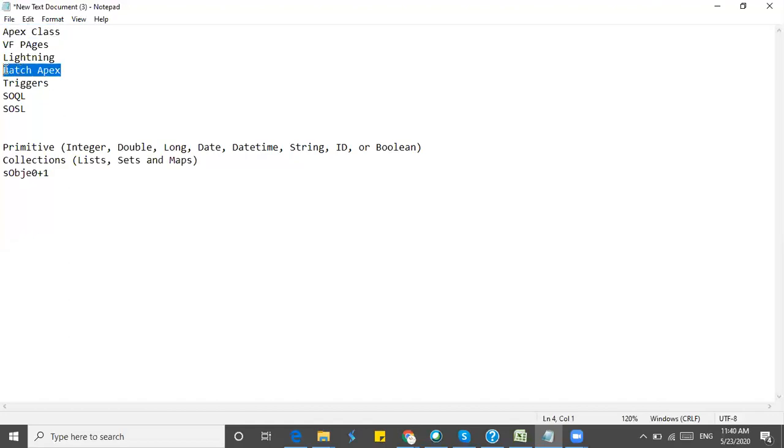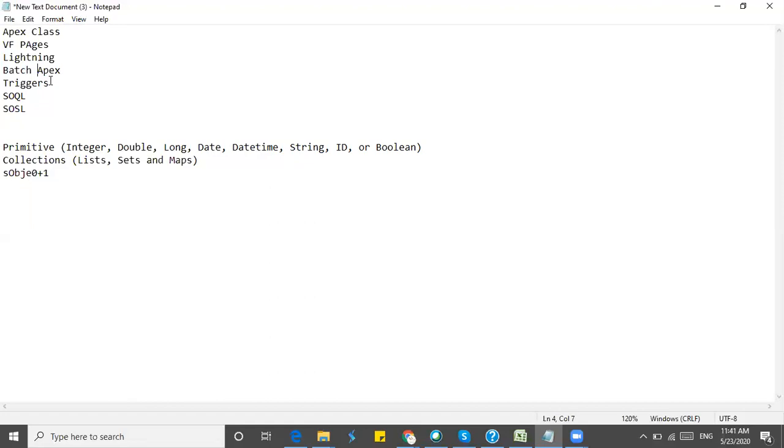So for that, we have batch Apex, where you'll be writing the query. Here there will be no limitation. In the query we'll be giving the conditions for what data needs to be picked up. According to the condition, however many records there are, it will not give an exception. It will take however many records it gets, but the processing will happen according to the given limitation.